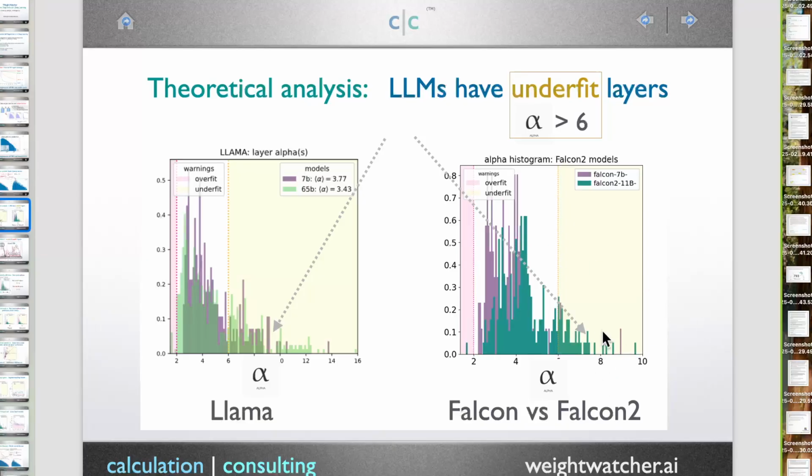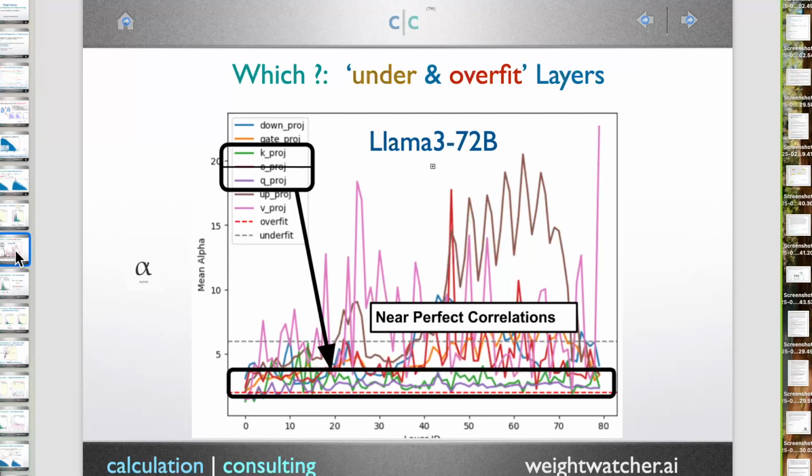And so this begs the question, well, what does that mean if they're underfit? Everybody uses Llama. It's a great model. Why does it being underfit matter? What's going on here? Well, if you dig in and look at each of the individual layers, we have the V, the up, the Q, the K, the down, and this one I crossed out, the O. It turns out that the K and the Q components of the attention layer, if you plot layer ID,